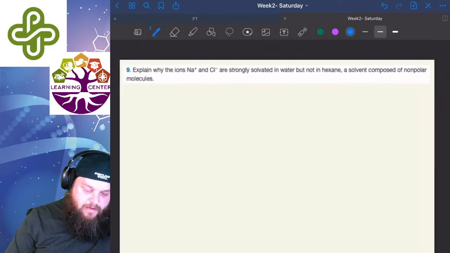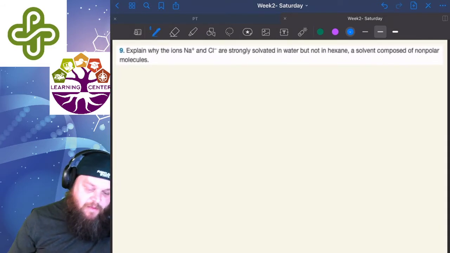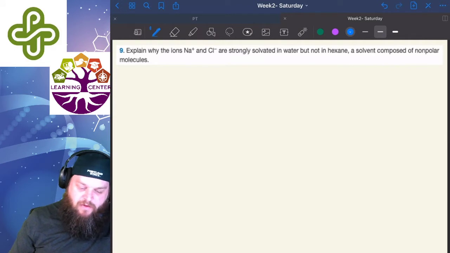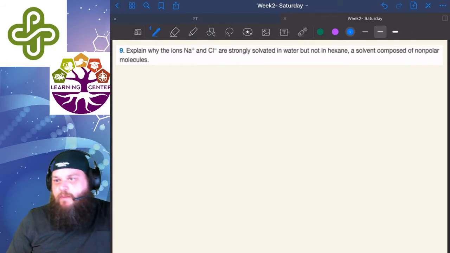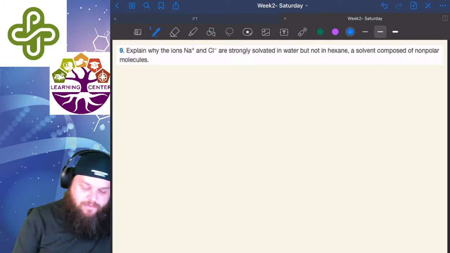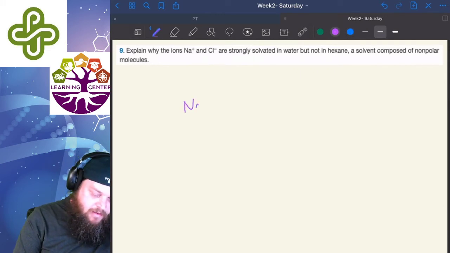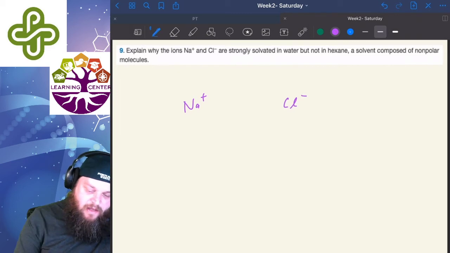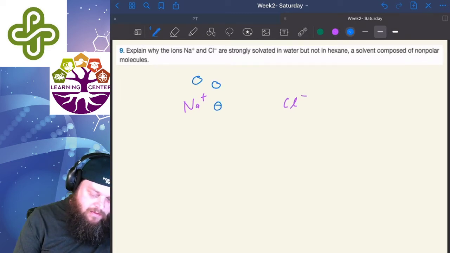Let's jump up to number 9. Number 9 says, explain why the ions of sodium and chloride are strongly solvated in water, but not in hexane, a solvent composed of non-polar molecules. So this is very similar to what we were just talking about. Here, instead of potassium and bromide, we have sodium and chloride. And sodium chloride, it's really the same idea. You have a positively charged ion, you have a negatively charged ion, and we end up with water molecules surrounding it